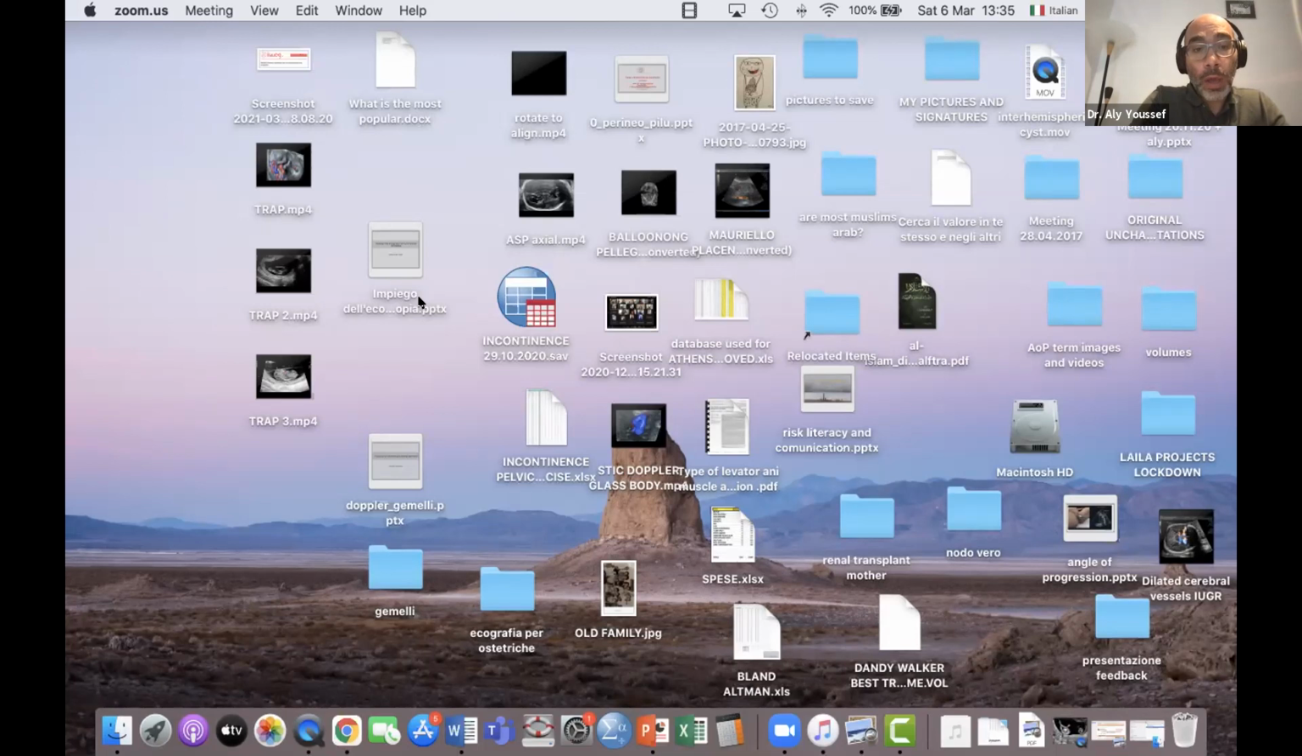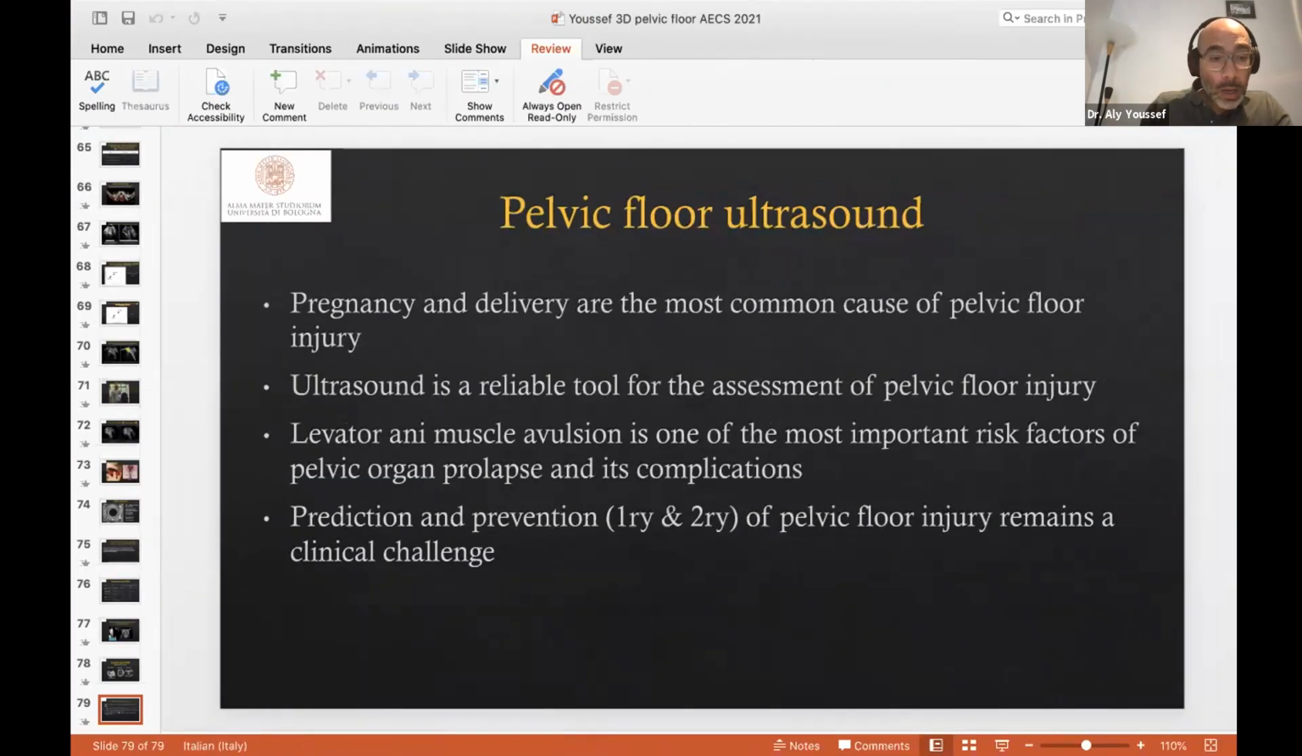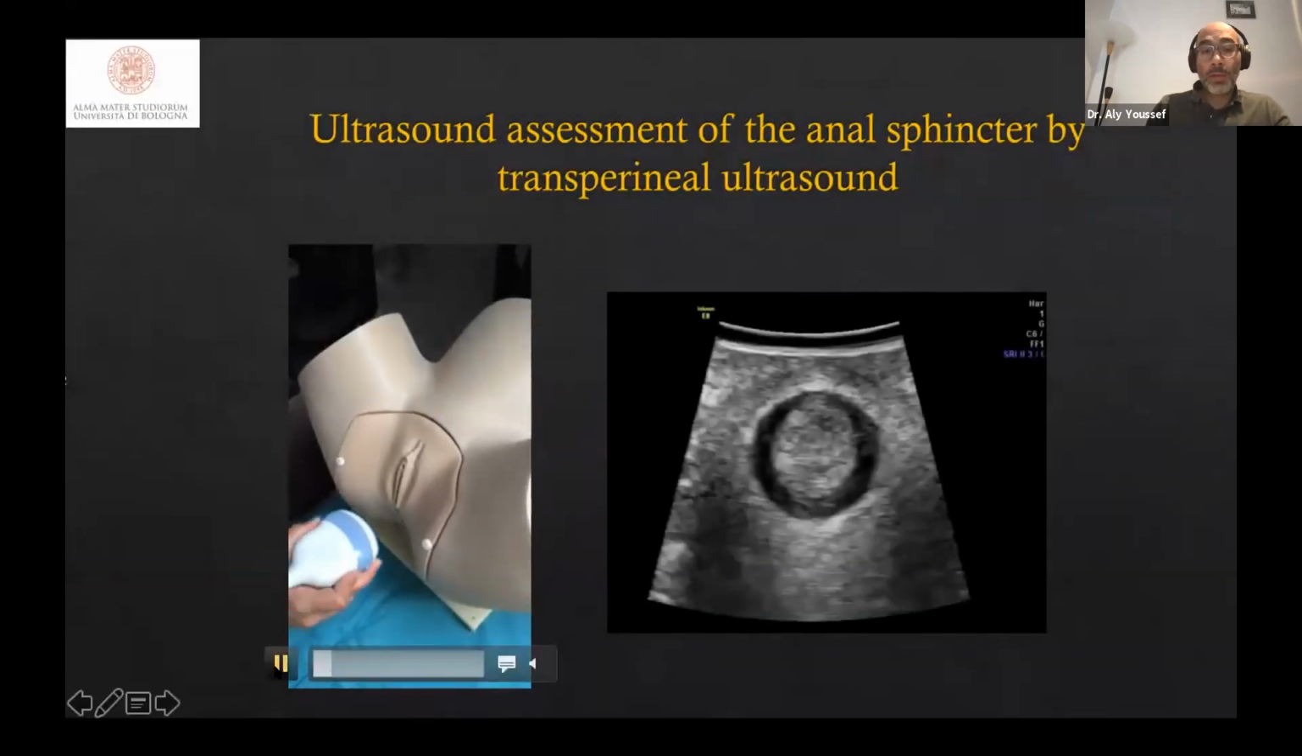Dr. Adila is asking about the exact position of the probe to see the anal sphincter. Okay, maybe I went too fast on that. Okay, so whereas in case of